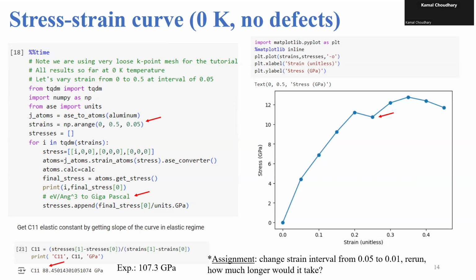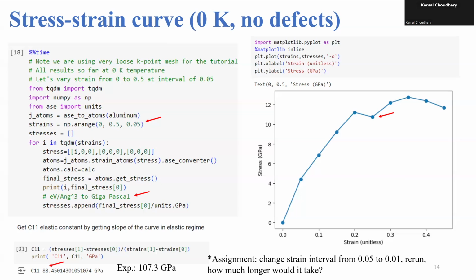In this one, on your left-hand side, I show you we vary the strain from 0, that is no strain, to 0.5 strain with an interval of 0.05 increment. And then we make a for loop, and for each of these strains, I give this strain as C1 or sigma 11 or sigma x component. So stress is a 3 by 3 vector, sorry, a 3 by 3 matrix. So we give this here as this